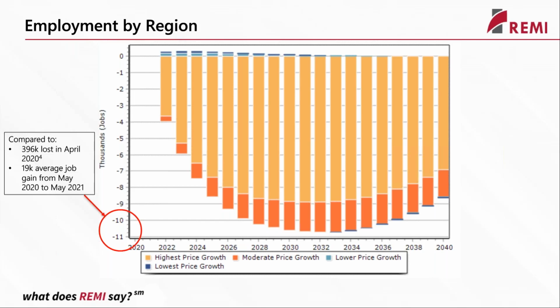There's a few reasons why this might be. Perhaps there's outmigration from those highest priced counties, and they're moving to the moderate price counties. That will dampen that employment loss. But it's interesting that the dynamics between regions is not straightforward, that there are some interlinkages going on that give us some interesting results.